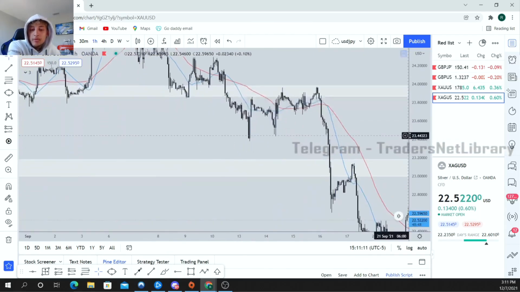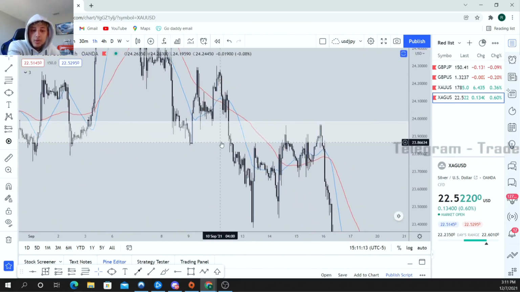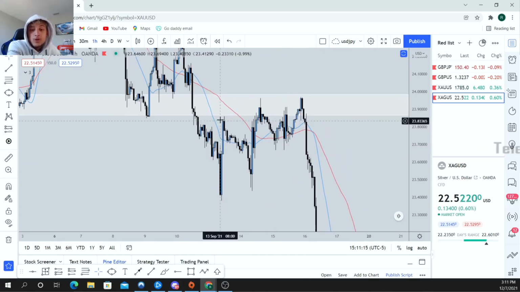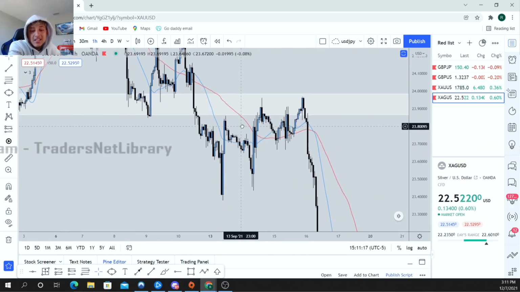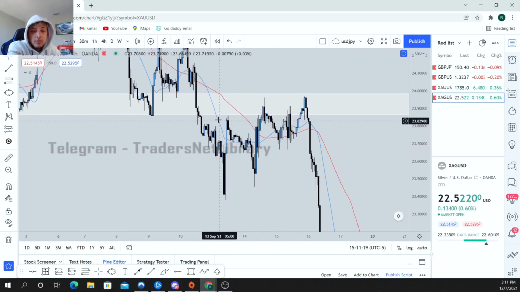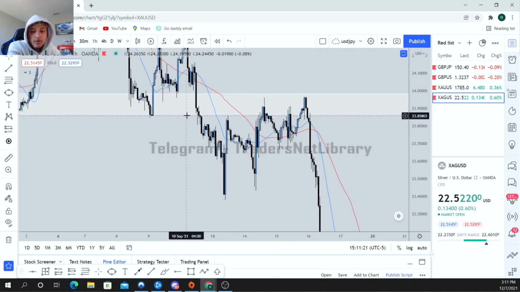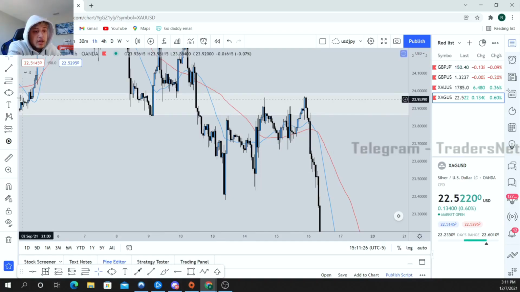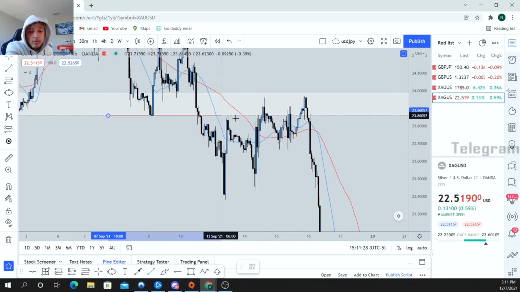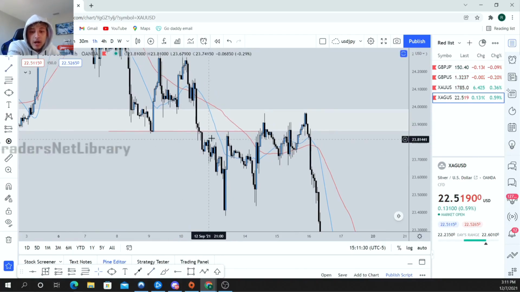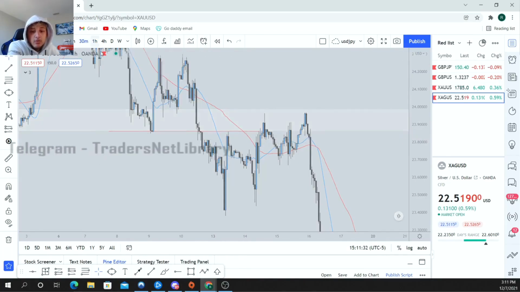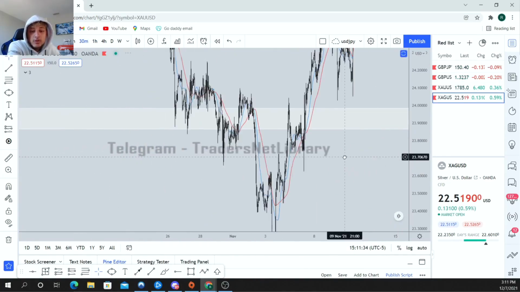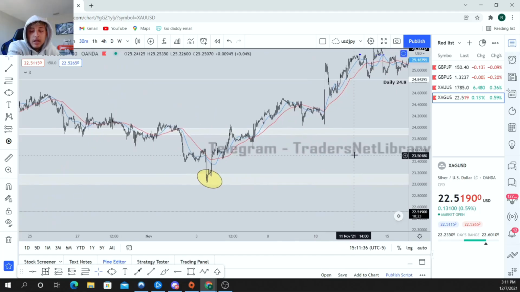Now here you go. Look at another example of a break and retest. Here you have support. This entire white zone is support. You could have sold at resistance each and every time price came to resistance. So we have resistance all throughout this range here, right? Notice the immediate rejection of this area. So if I were to draw a random line from here to here, you can see price came right up, retested, rejected. You could have gone down to a 30-minute time frame, looked for an entry